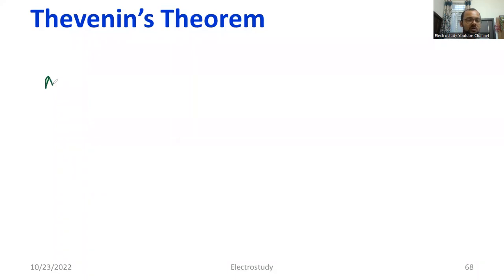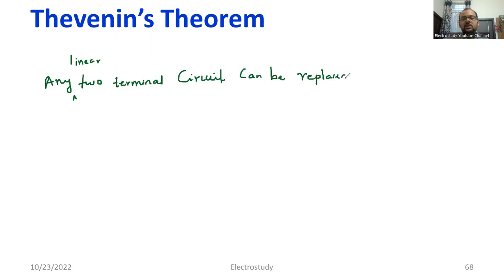Any linear two-terminal circuit can be replaced by an equivalent network, by an equivalent network,